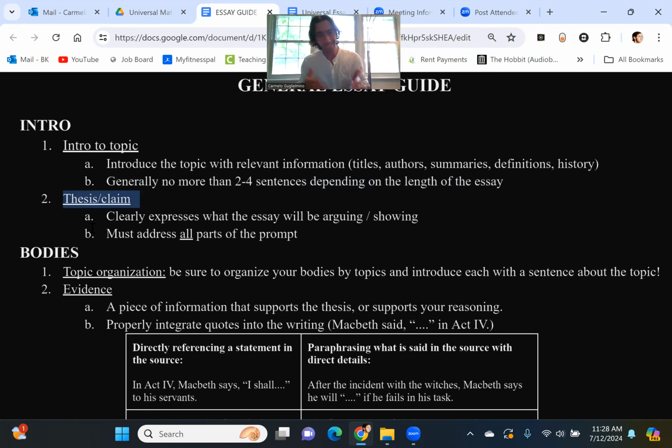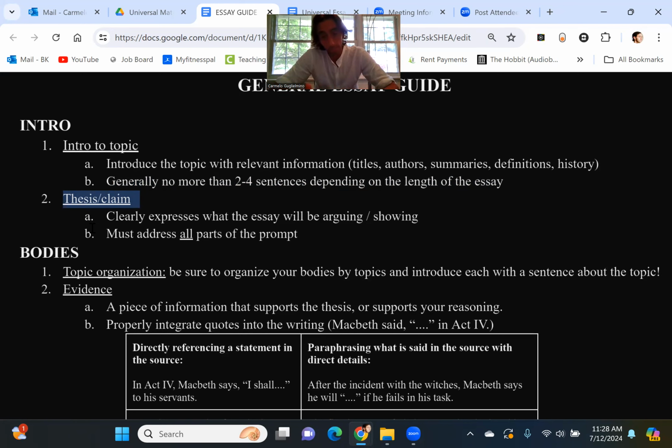Every essay needs some kind of thesis, with the exception of the instances when I will ask my students to write what I call just an informative essay, where you're just informing me about something. Just tell me whatever you want to teach me about. That's pretty rare. I only do that in some electives, essentially. So aside from that, you always need a thesis.